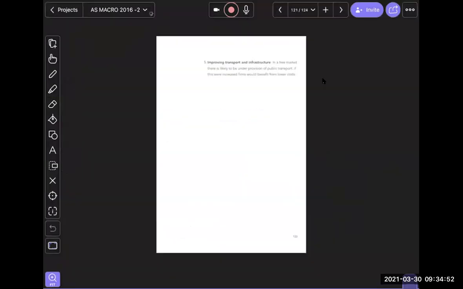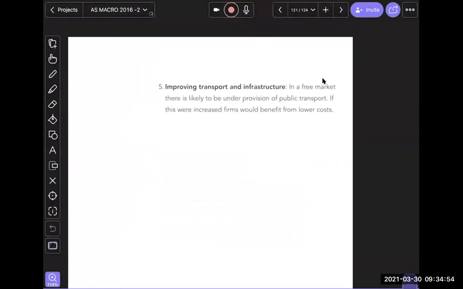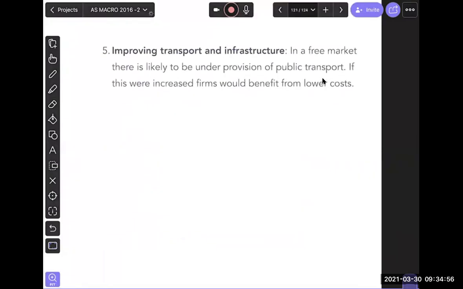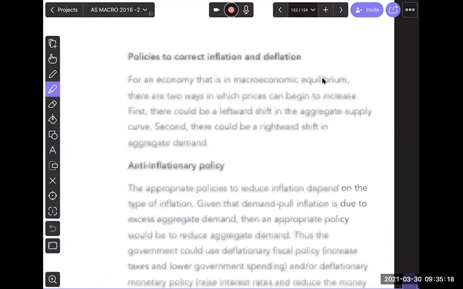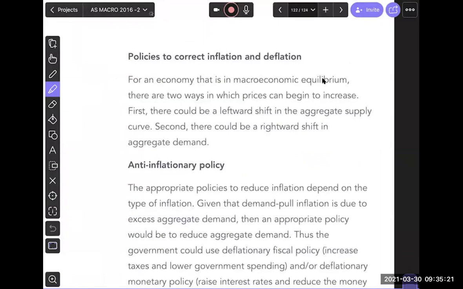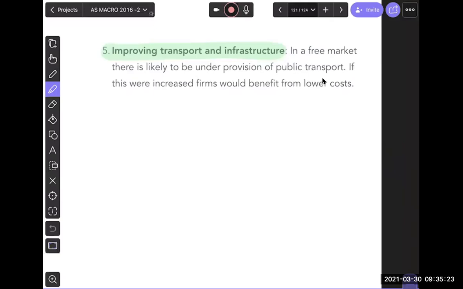Lastly, guys, we can improve transportation and infrastructure. Clearly, when you have economic growth, infrastructure becomes better. Sometimes better infrastructure can lead to more economic growth, of course, because it can lower the cost for firms to supply goods to the market. So this could be an important thing to consider. Improving transport infrastructure becomes important as well. Make sense? Any questions, guys, about this so far? So supply side policies are very important.